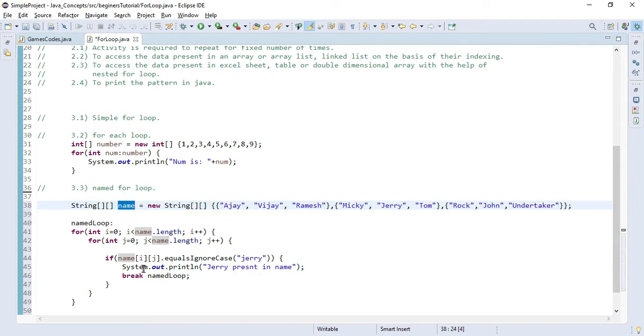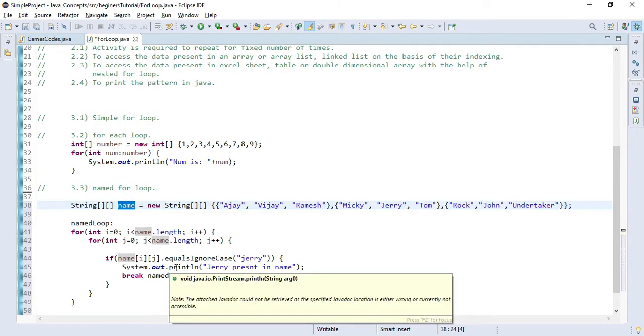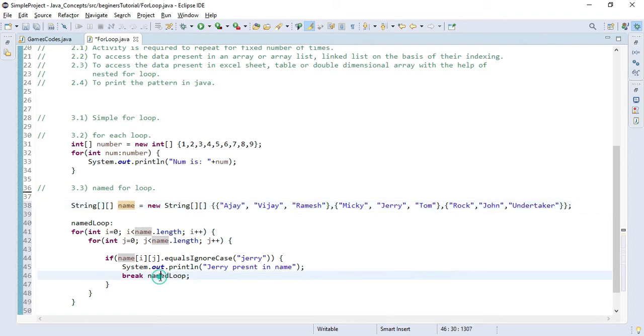Once it gets to know that Jerry is present, if you simply use the break statement, it will only break this particular inner for loop, but it will keep on running for the next value of i. So to break the outer loop we are required to use the named loop.